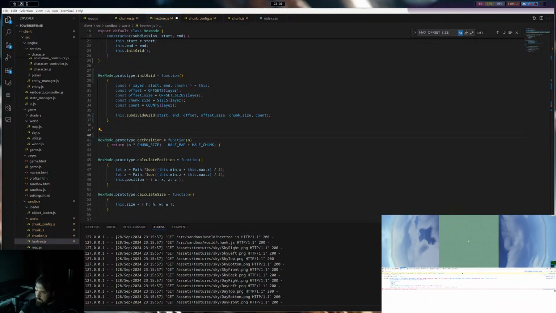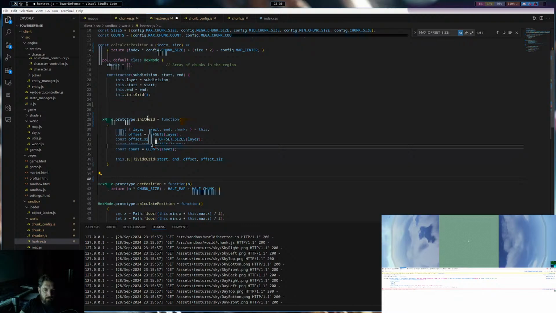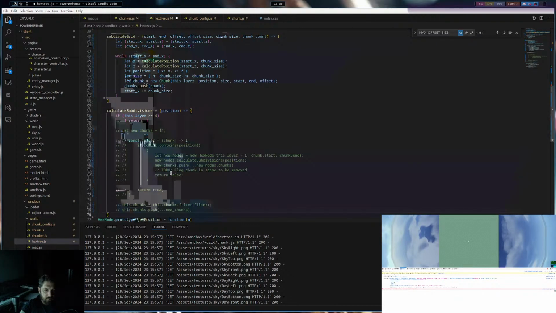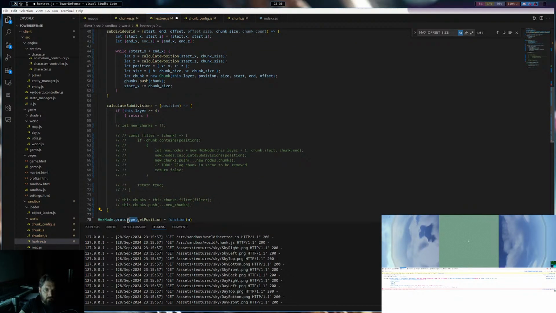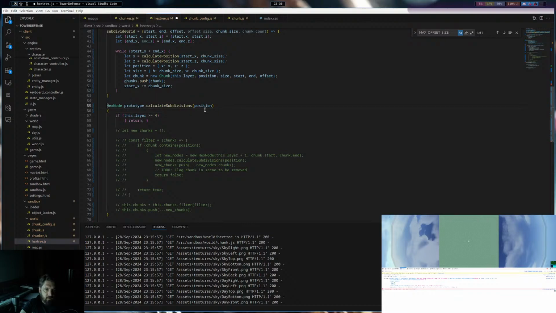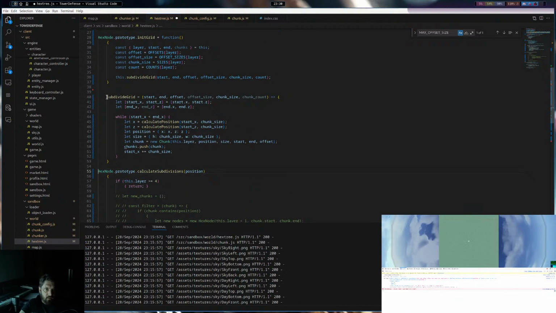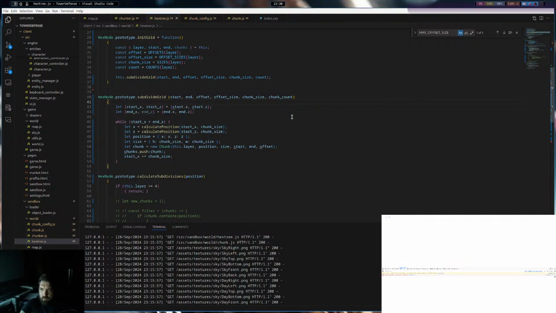By using prototypes, if you can see this, it gets rid of the size of the object. So like we've got this calculate subdivision function and subdivide grid function. If we move those here, we say prototype, get rid of the syntax, do the same thing here, get rid of the syntax, then